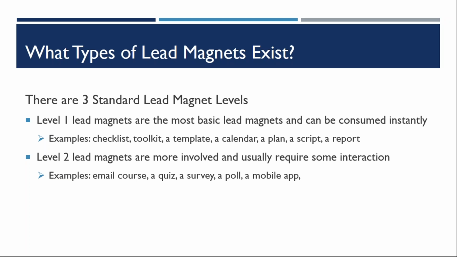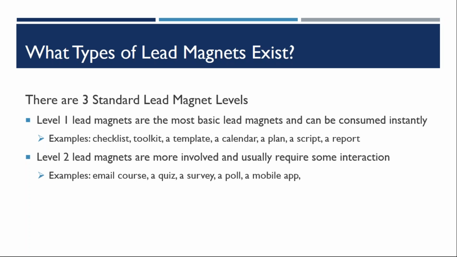Now, level 2 lead magnets are more involved and usually require some interaction on the part of the person who is opting in. For example, that would be an email course or a quiz or a survey or a poll or a mobile app, some type of action on their part. Once they get it, they need to do something to learn more and to interact with